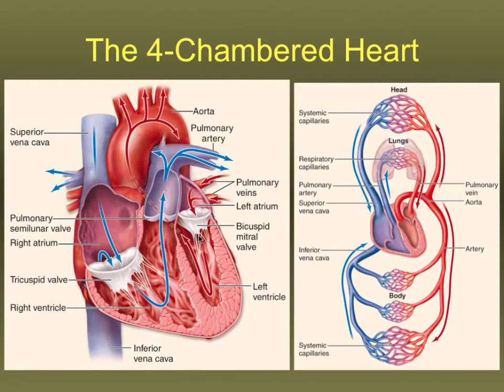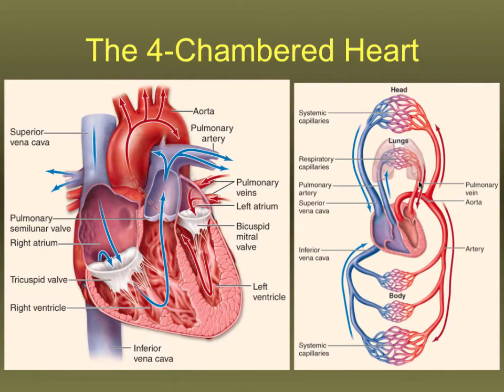This is the overall pathway of blood going, including the heart, the head, the lungs, and the body. Again, we've got right atrium, right ventricle, left atrium, left ventricle. Blood coming through the superior and inferior vena cava go into the right atrium. They go past the tricuspid valve into the right ventricle. From the right ventricle past a pulmonary valve into the pulmonary artery, out to the lungs, picking up oxygen in